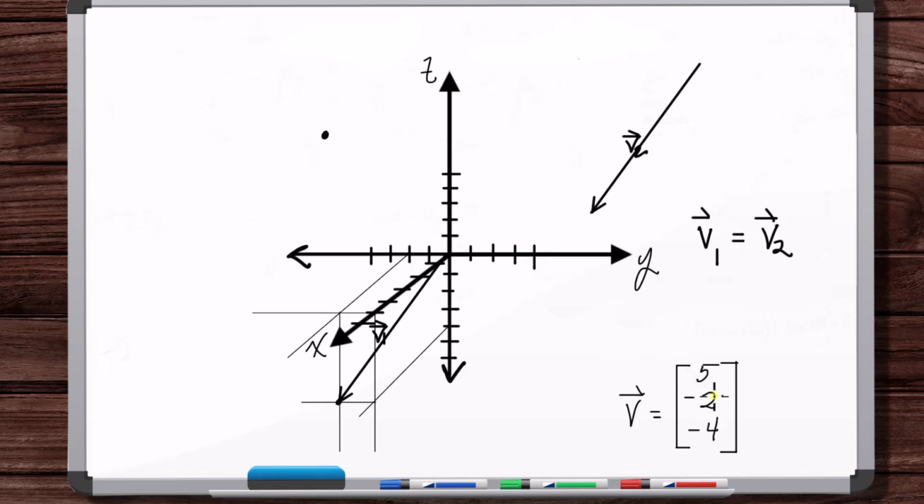Okay, and then from that starting point, moved 5 parallel to positive x, 2 parallel to negative y, 4 parallel to negative z, gotten to a second point, connected the dots, and gotten this same vector. We could have started here and then constructed the vector from here. And you get the same vector. So what's that about? I thought we can't have a vector, as far as it's relative to its vector space,